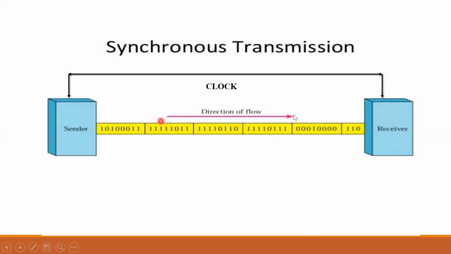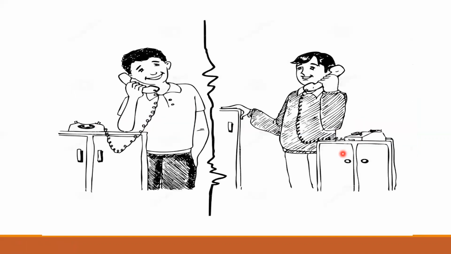So here the data is transmitted in this way. To make it simpler, I can give a real-time example: the conversation between two friends. When the conversation takes place, it is a one-to-one conversation, and as soon as one speaks, the answer is received immediately. So the conversation here takes place one-to-one immediately. This is what synchronous transmission is.